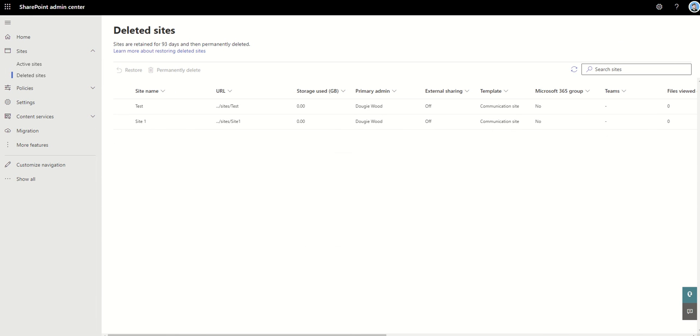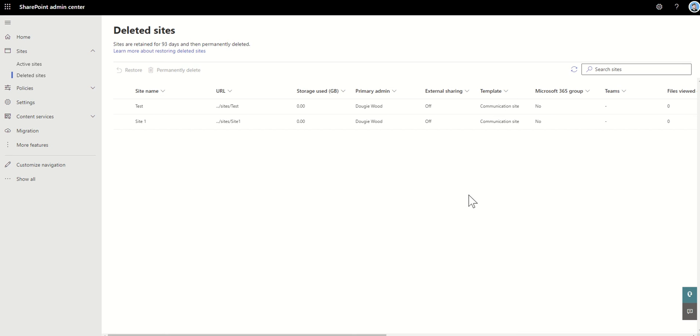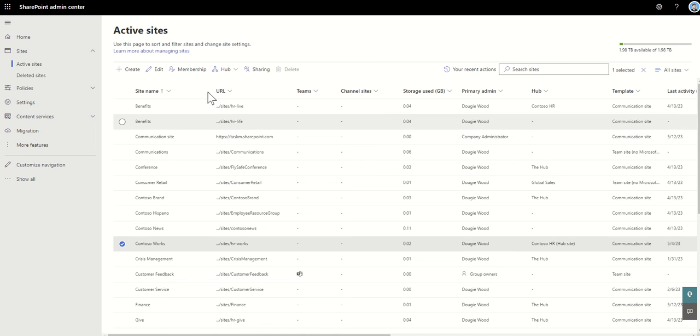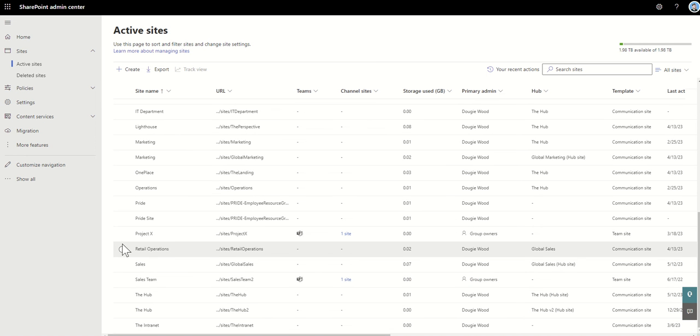Now, if any sites were ever deleted from this active sites area, they will then go into the deleted sites area. This brings me on to the next topic of how to restore a SharePoint site from the SharePoint Admin Centre. Once a site has been deleted, which inside of active sites you can do by selecting a particular site and then choosing to delete it. So if I was just to find an example site,